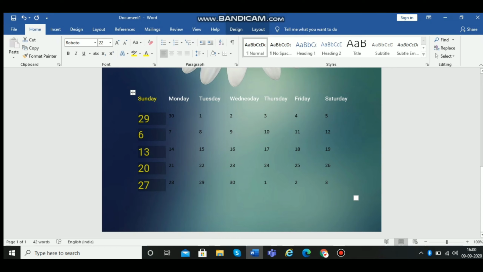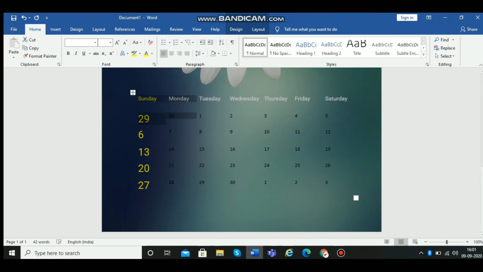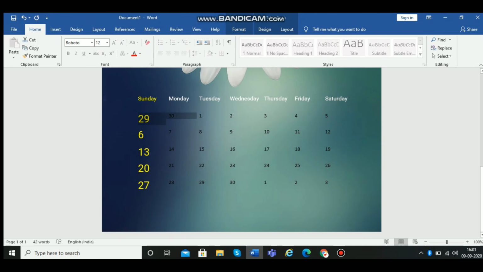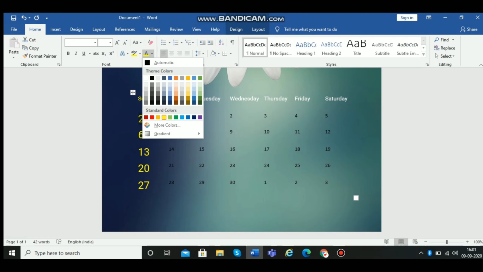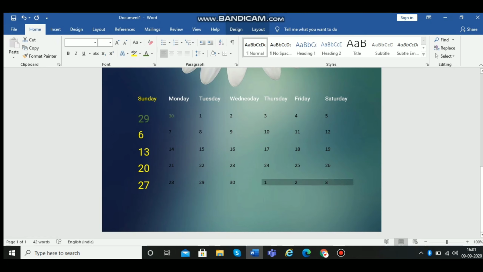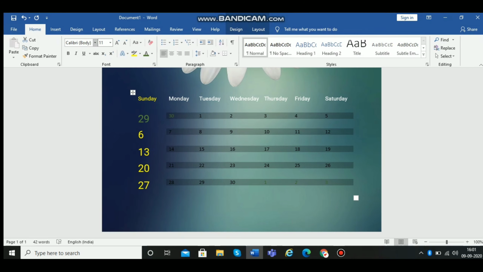Okay, so now, and one more thing, like we have 2 days from previous month and the 3 days or 2 days like over here for September 2020 we have 3 days for the following month and the 2 days for the last month. So we'll give them a color like 29, 30 from the last month, we'll give them a dark green color which would be able to help people to identify that okay, these were the days for the last month, and so for the next month. Now we'll give them the font and the size.